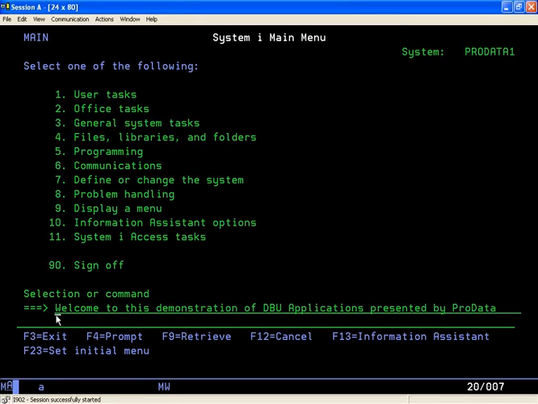If you have a database file that routinely needs maintenance, a DBU application can be saved and used as necessary. We will show you how to build a DBU application. For the purposes of this demonstration, we will use a file that is shipped with the DBU software called DBP demo. Once we DBU DBP demo,